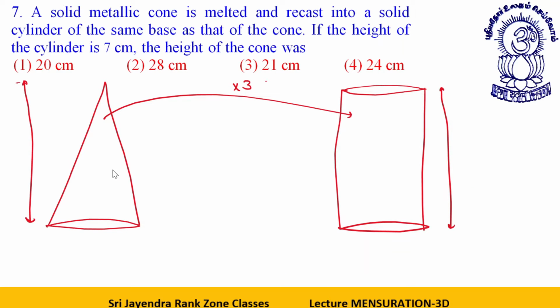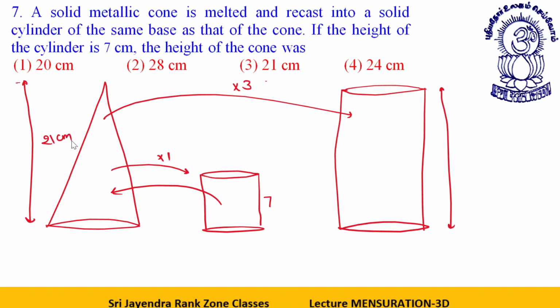But if you don't want to multiply the volume, you want the volume to be the same, then what will happen? If this height is 7, then this will give you a 21 centimeter high cone. You multiply by 3, you will get a same height cylinder. But if you are unable to multiply by 3, then your height will have to be one third as compared to the cone. The height of the cylinder will be one third of that of the cone if they have the same volumes. Okay, direct logic. Next one.